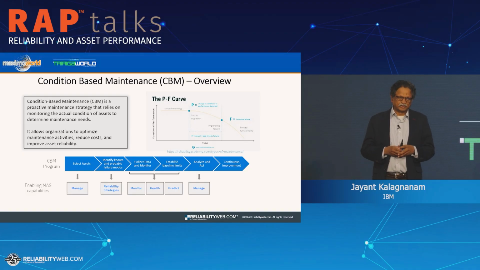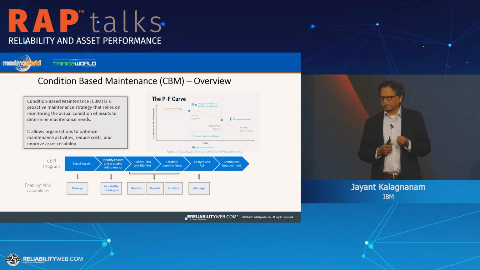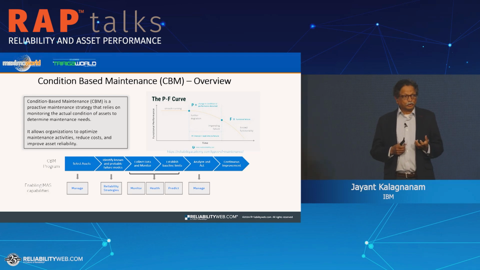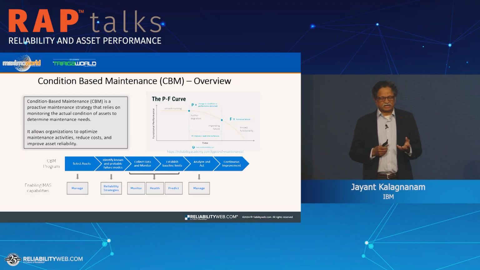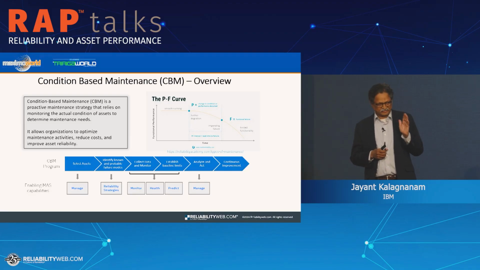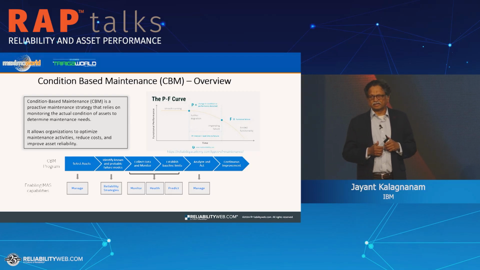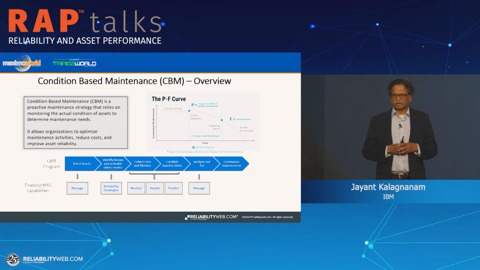Condition-based maintenance. So the basic idea is that rather than doing, say, calendar-based or time-based maintenance, we actually evaluate and estimate the health of an asset. And based on the condition of an asset, we decide whether to initiate a work order or not. Now, of course, if you look at the PF curve, it gives us a little more intuition. Often, calendar events might end up doing maintenance when the assets are running smoothly, so unnecessary work orders, or maybe do it too late,